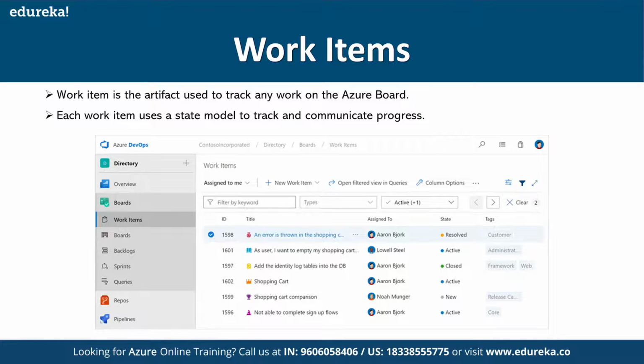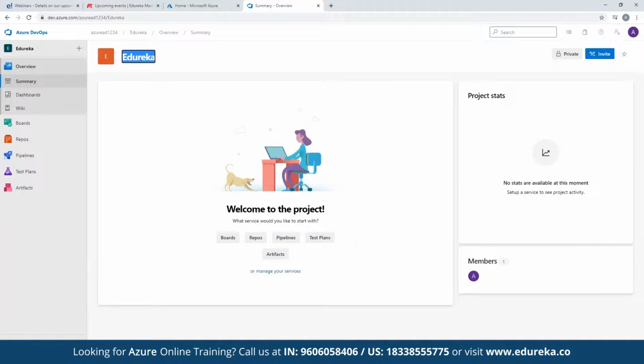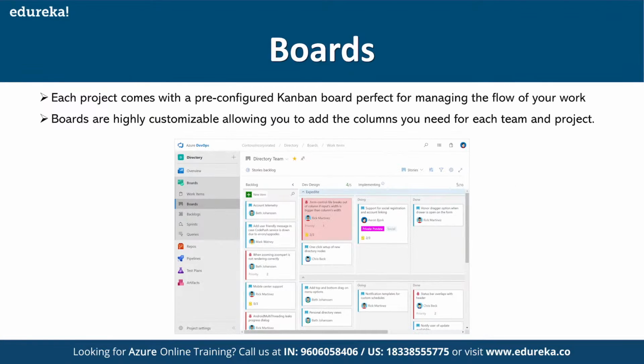Okay, work items, it's the artifact used to track any work on the Azure board. Each work item uses a state model to track and communicate the progress. And for each project, for example, I have a project here which I named Edureka, this one will come with a pre-configured Kanban board for managing the flow of work.